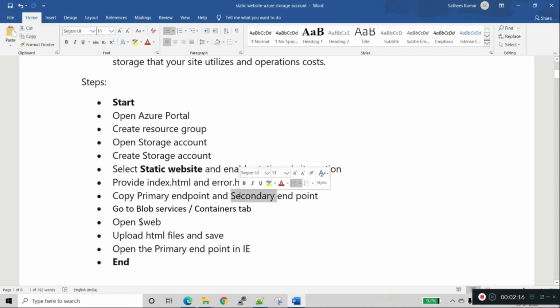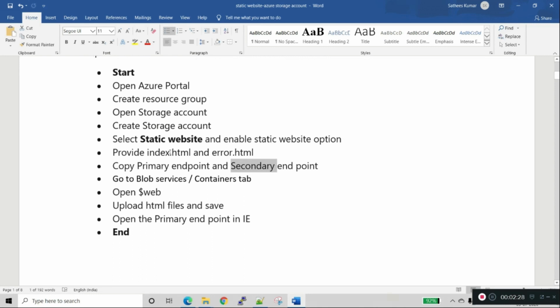The secondary endpoint is not live data. There is some latency between the primary and secondary endpoint. In the static website section, we have the blob service, and in the blob service we have the container.